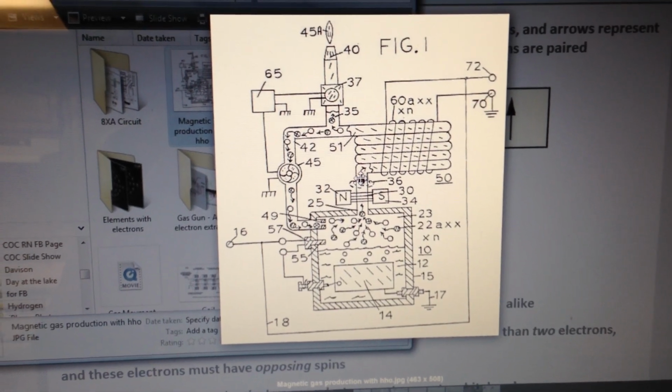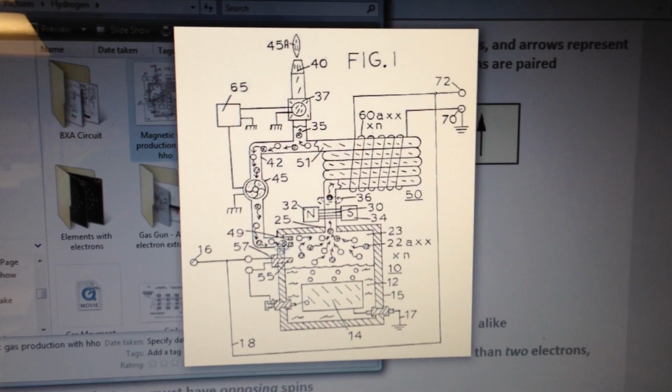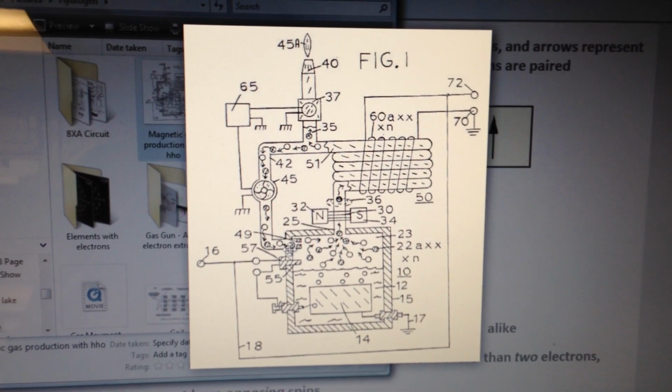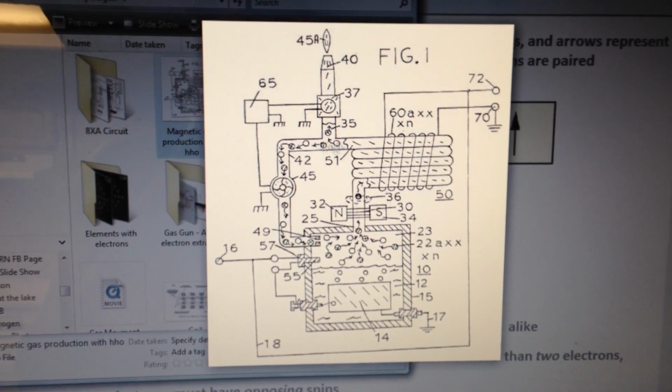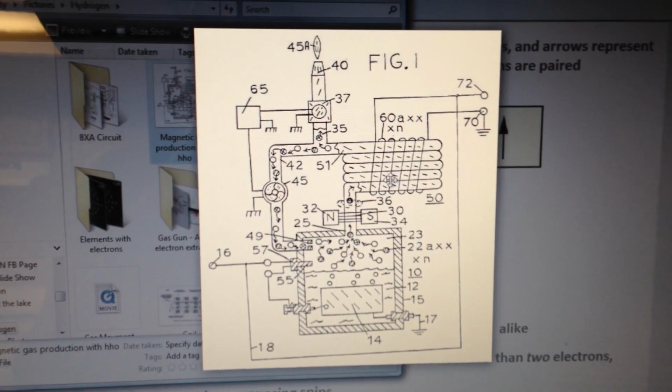introduction of a metal. This looks like an earlier drawing. I don't know if there's actually a spark gap or not, but in the later drawings there is. So this may just be ambient air and HHO. I'm not sure, but